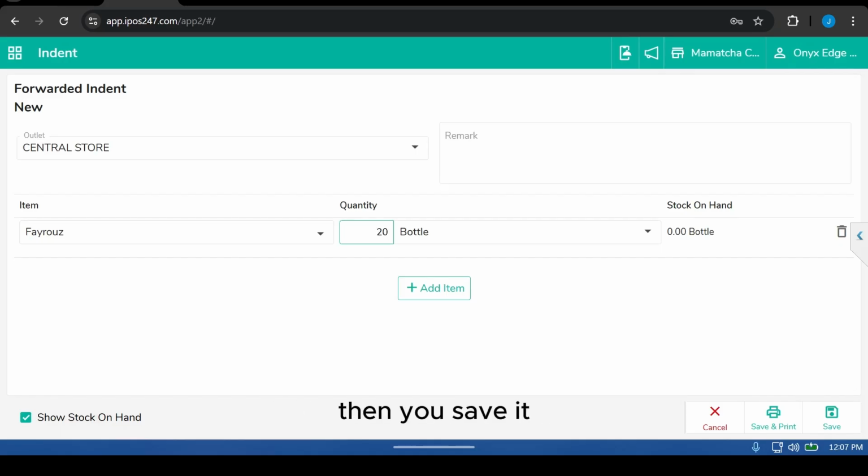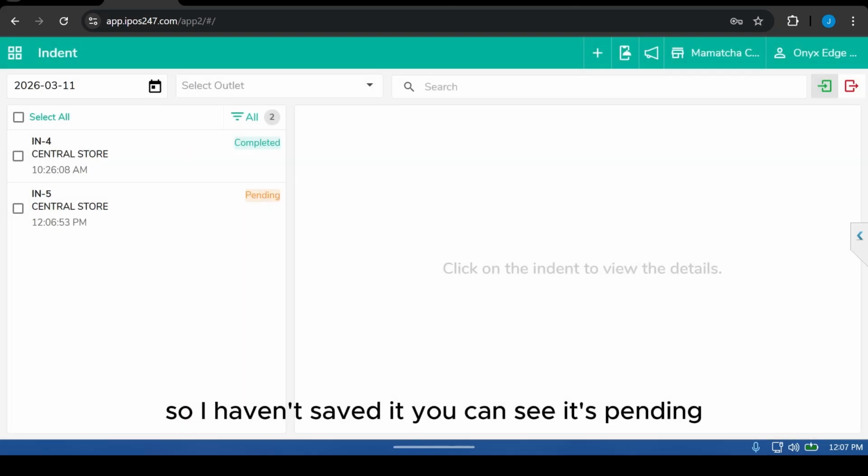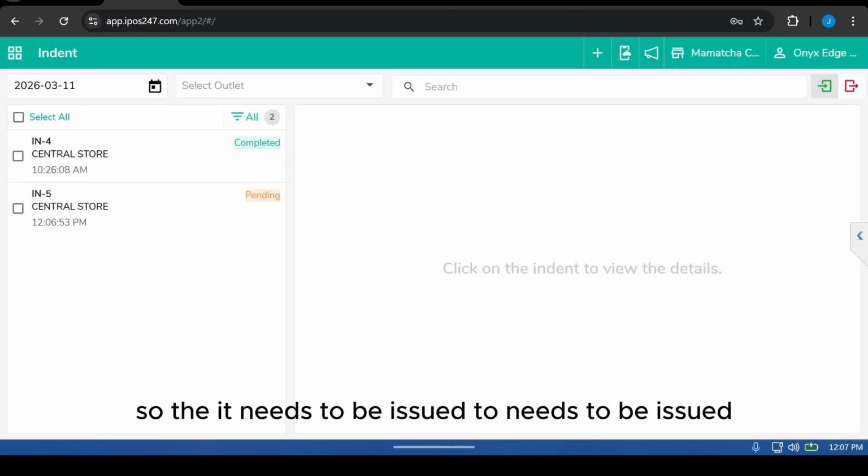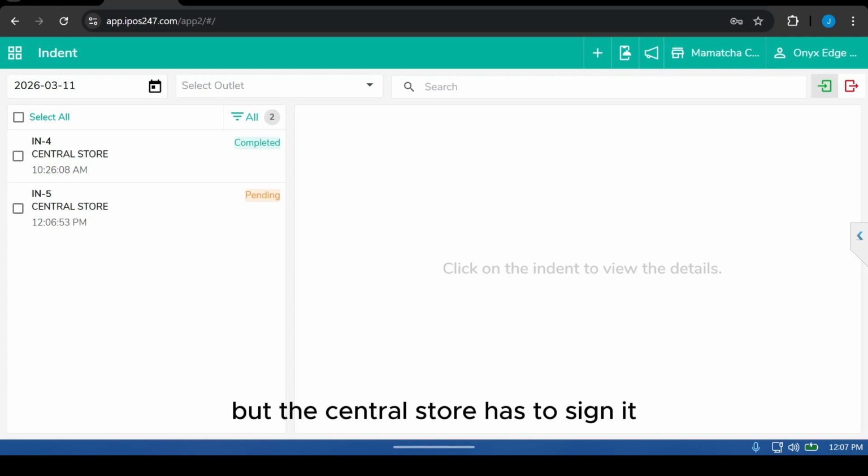Then you save it. So I haven't saved it. You can see it's pending. So it needs to be issued to, but the central store has to see it, and the central store person can receive this via notification, email notification,